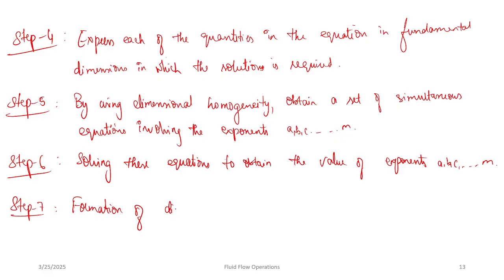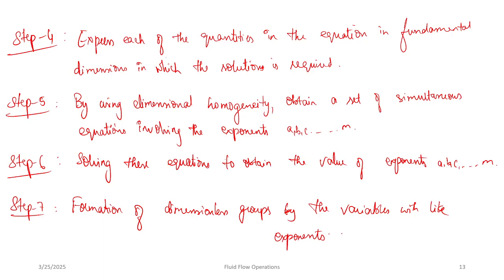Formation of dimensionless groups by the variables with like exponents. Okay, so we'll take an example and let's try to understand how to apply this thing. Okay, so